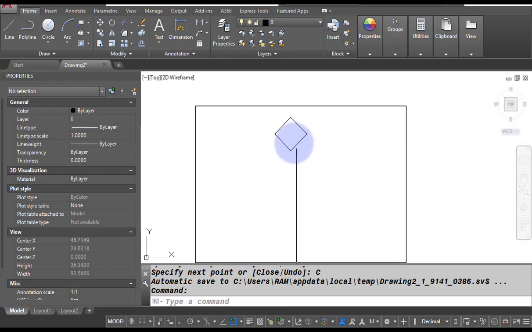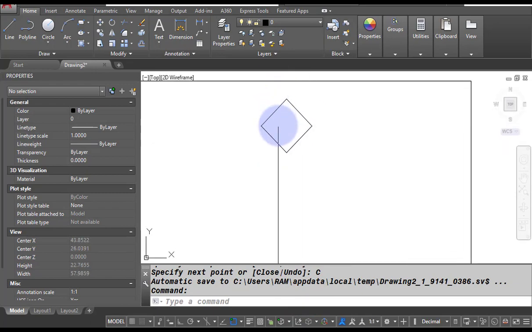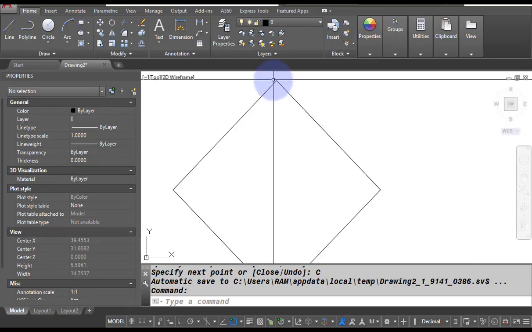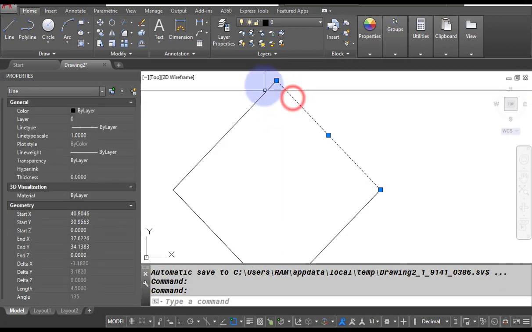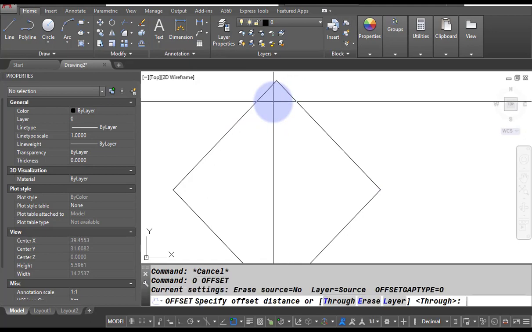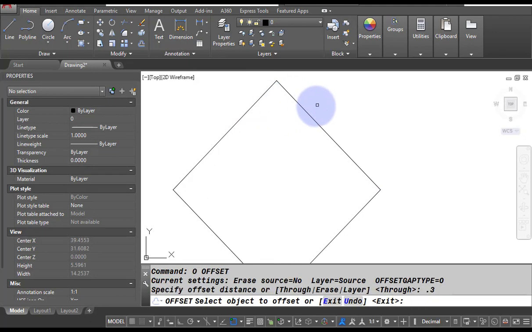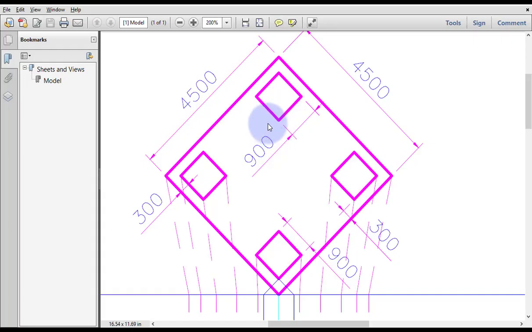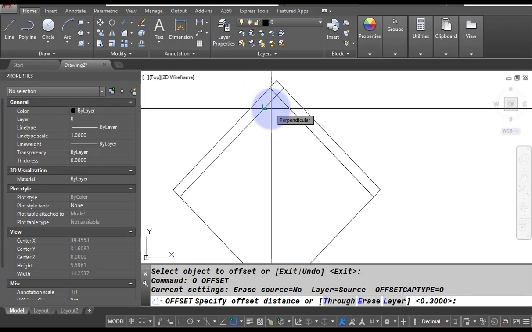So this is the plan I have drawn, and we have to draw the columns at an offset of 0.3 by 0.3. You know, with the help of the drafter you can draw a parallel line at an offset of 0.3. So I am going to directly take the offset 0.3 from here, and then I am going to take the offset 0.9 by 0.9.